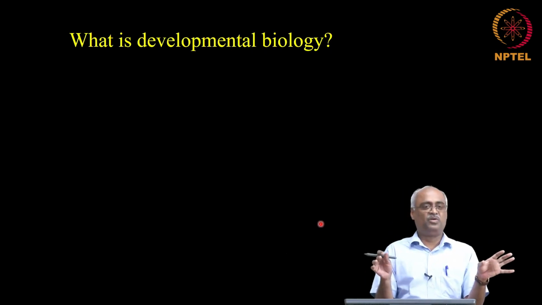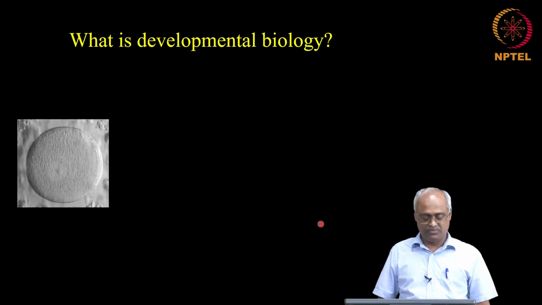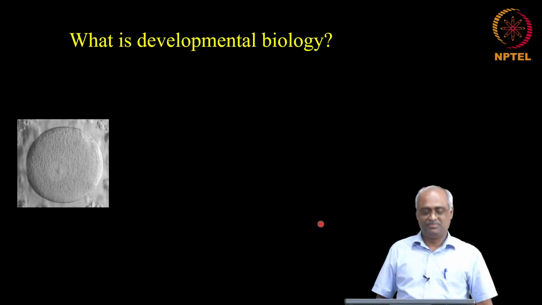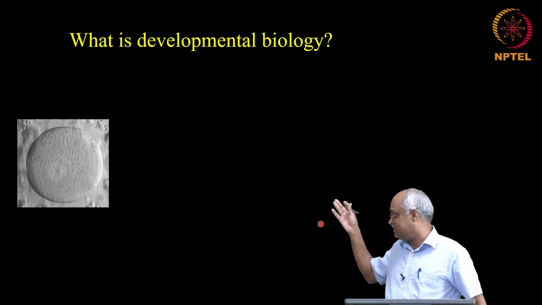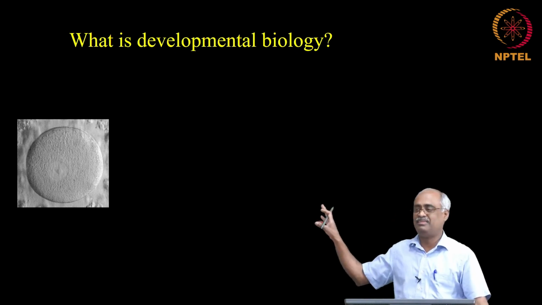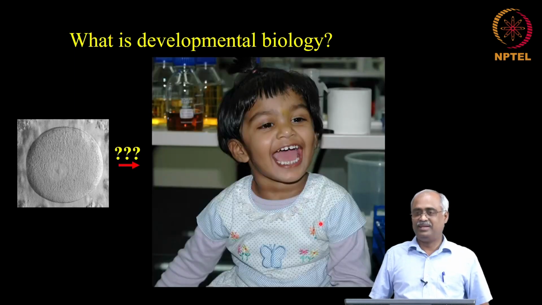So now let us think, what is actually developmental biology? Extremely simple, you do not even need a word to define, images will be enough. So this is a human oocyte, okay, a symmetrical cell, the cytoplasmic contents are uniform, there is not any gradient of molecules from one place to another place, you can't even tell which is top, bottom, which is dorsal or ventral, it is totally symmetrical sphere, and from there you get to this,